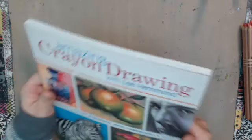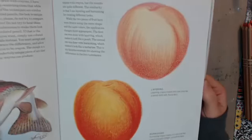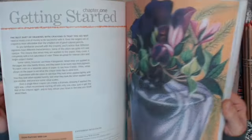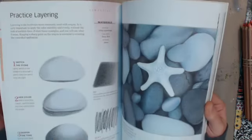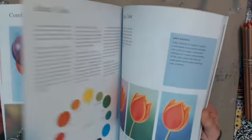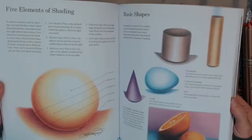Sorry, it's a little cold in my room over here, but it blew my mind how amazing these drawings, artwork can be with Crayola crayons, literally Crayola crayons. So she has lots of explanations, and then of course, color wheel and stuff, and how to shade different spheres